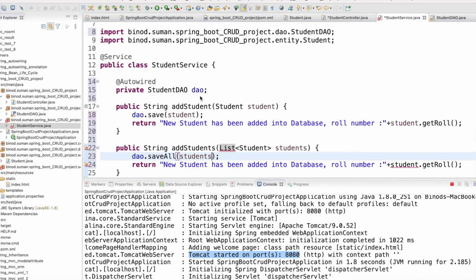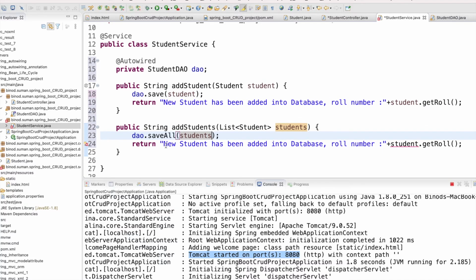Import util.List. Then you can say that all new students have been saved in the database. I don't want to print all the row numbers, we wait for the time being. Okay, so now this is done.